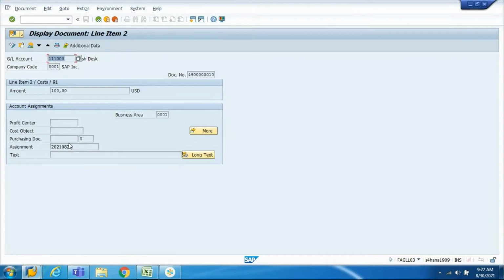Right, the assignment field is used for clearing purposes. So is clearing applicable for all the GL accounts or for a particular GL account? What is the criteria for a GL account to be eligible for clearing? Can I perform clearing for any GL account, or is there a criteria to perform clearing?